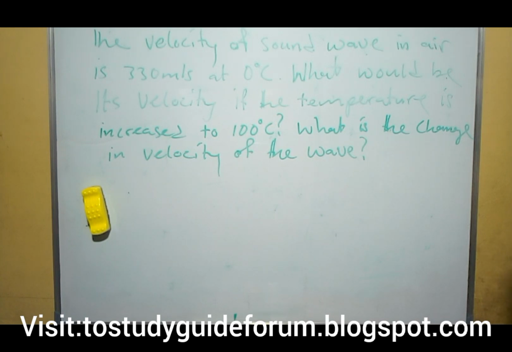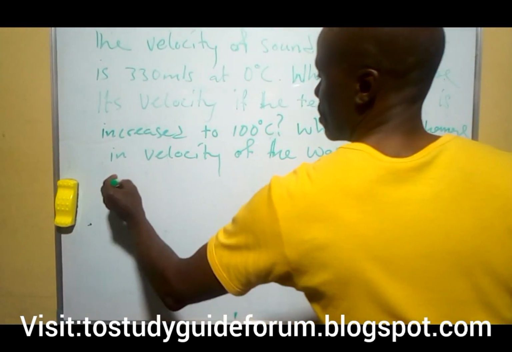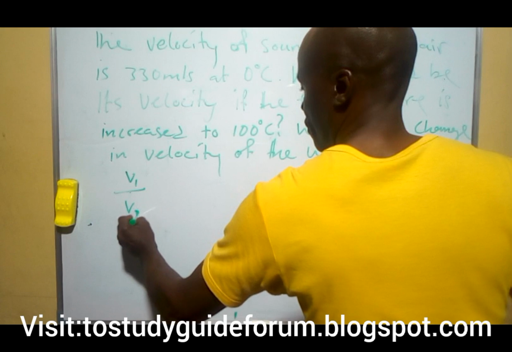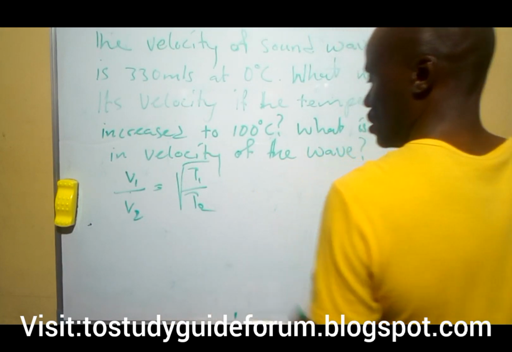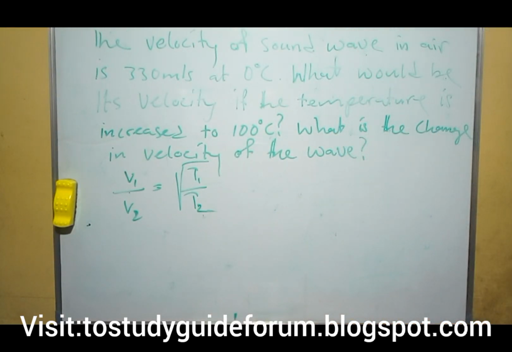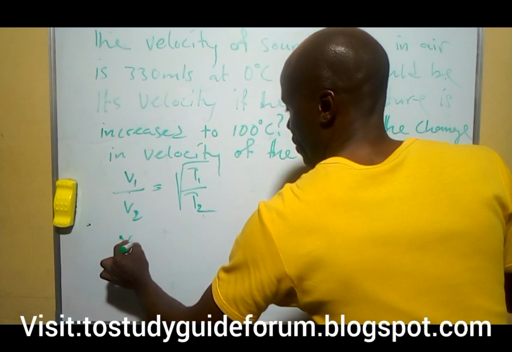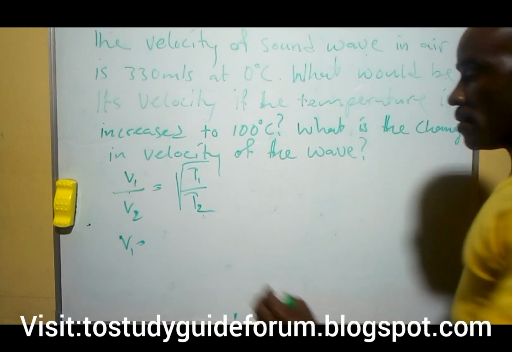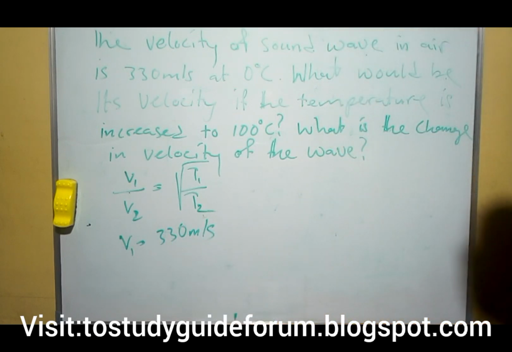So now we're going to use our relation that says V1 over V2 equals the square root of T1 over T2. In this case we are looking for the velocity and also the change in temperature. The first velocity we are given, the velocity of sound wave in air, we can call V1. The V1 is given to be 330 meters per second,